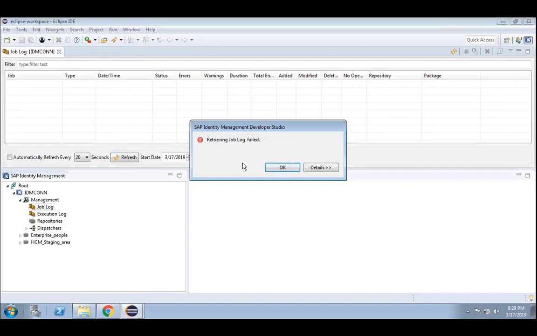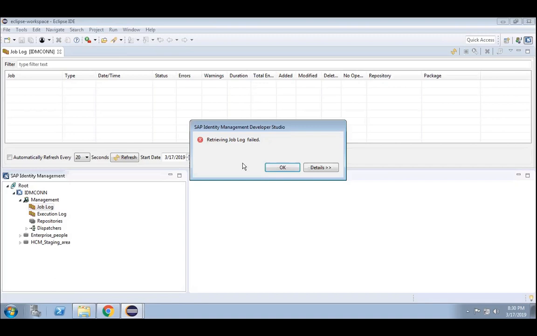One second. Let me close this. One second, I'm trying with Neon Eclipse.